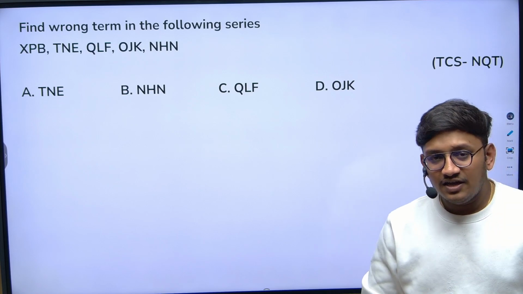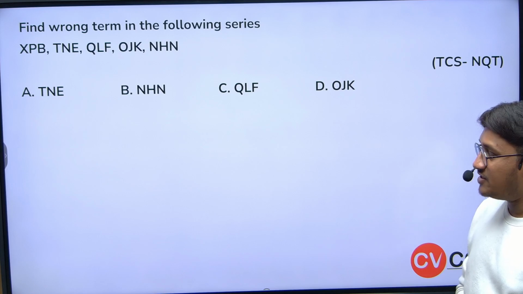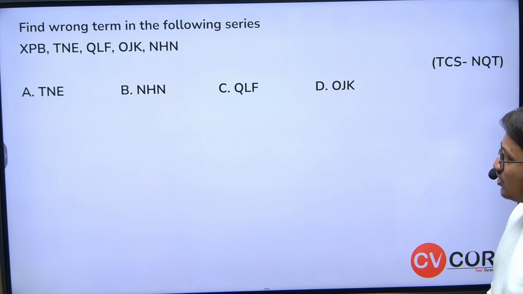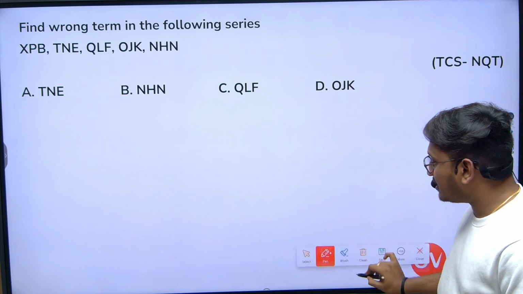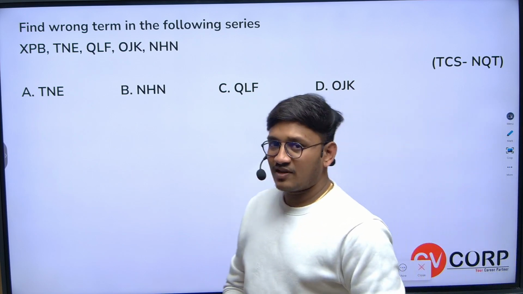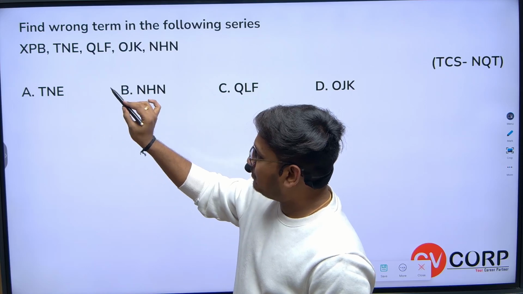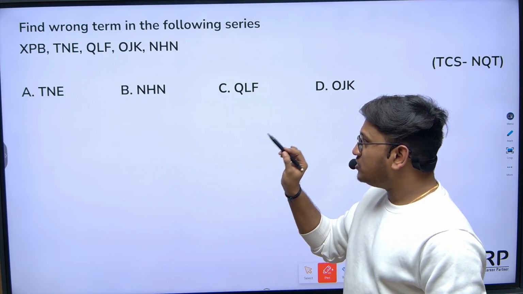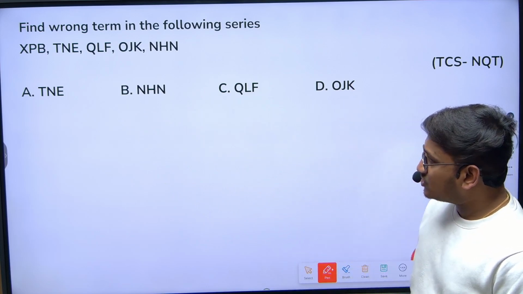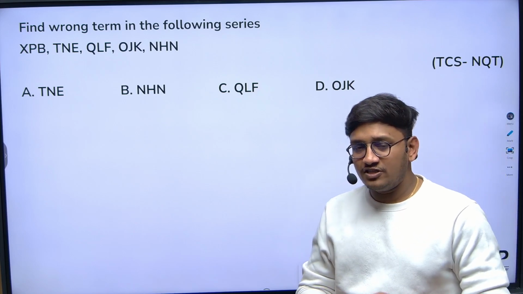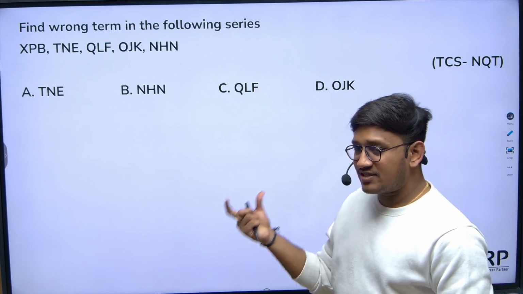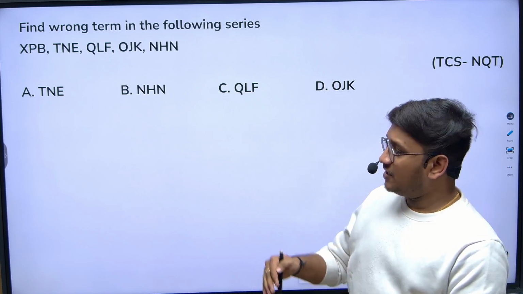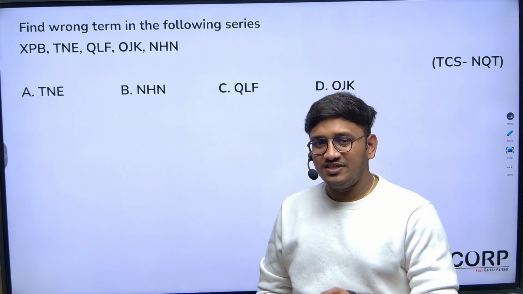Okay, as I said, finding the wrong term in the series based on alphabets. What will be the wrong term in the given set of clusters? Here: X, P, B, T, N, E, Q, L, F, O, J, K, N, H, N. Out of all these, which one will be the wrong set of pattern? To find this, you just need to have minimum